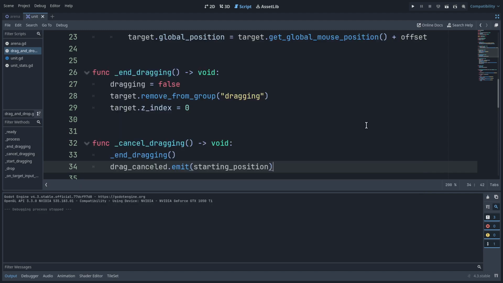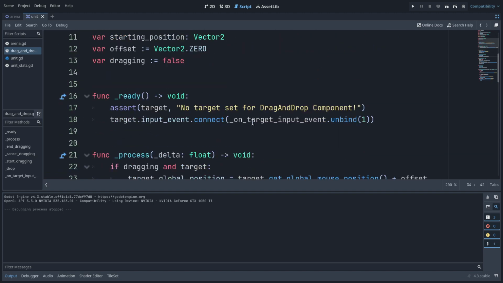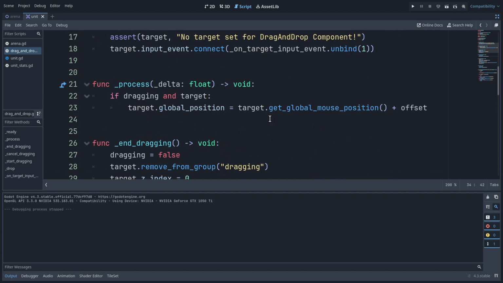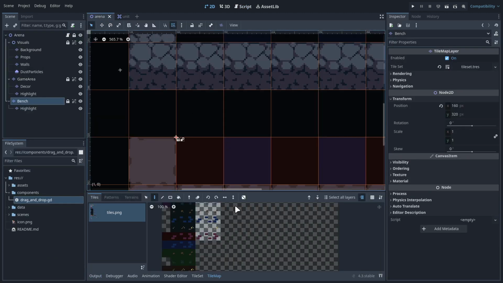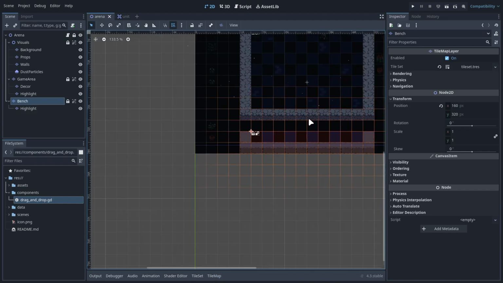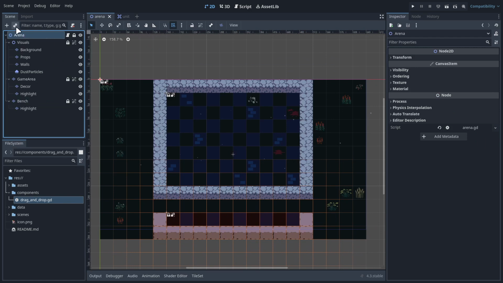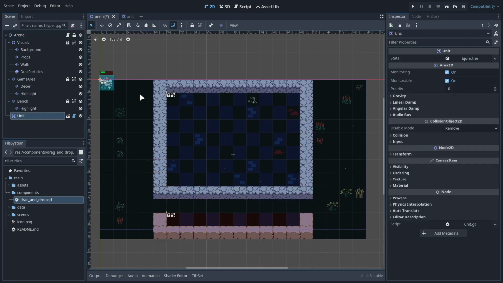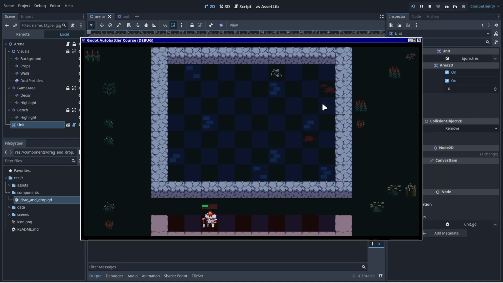So let's test those things I was talking about. We were talking about the offset, why we need this offset. So let's go back to 2D view. And if we go back to the arena, let's scroll all the way back. And if we select the arena and instantiate a new child scene, let's put a unit here. Press W to go into move mode and move this unit around a bit. Okay. So if we play in the arena,